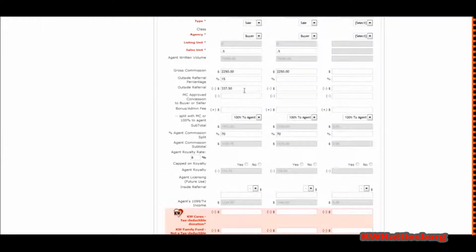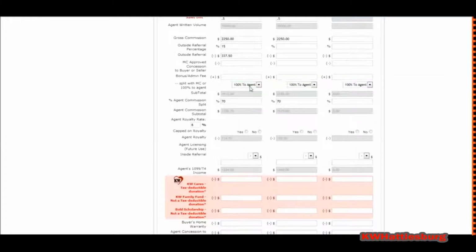Now if there is a flat amount, you can also do that. You don't have to put the percentage. Okay, so moving along, there's no concessions or anything. That's very rare. And under the subtotal grayed out, you will see the commission before the split. Now, some people are going to ask, do I select 100% to agent or do I split with the MC? The important thing to remember here is just to leave it on 100% to agent and not to really